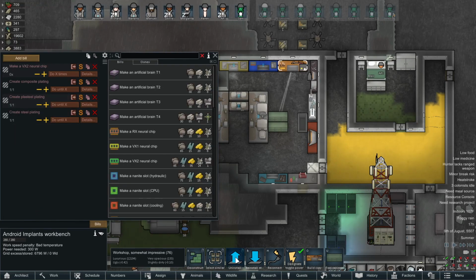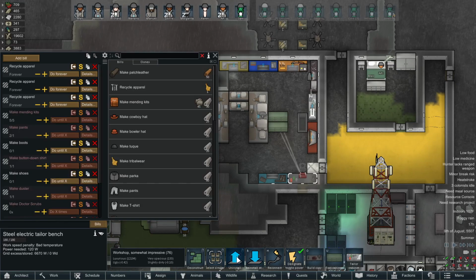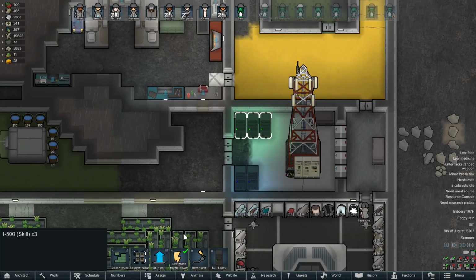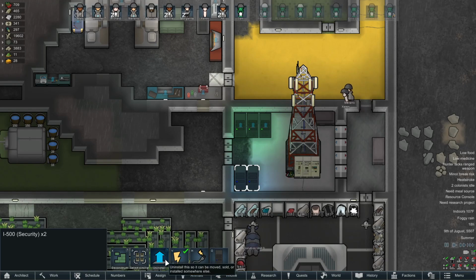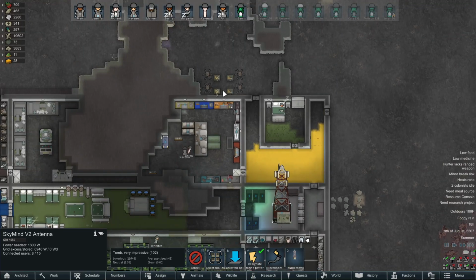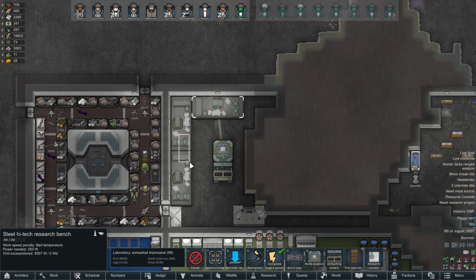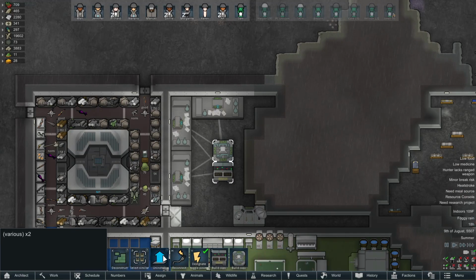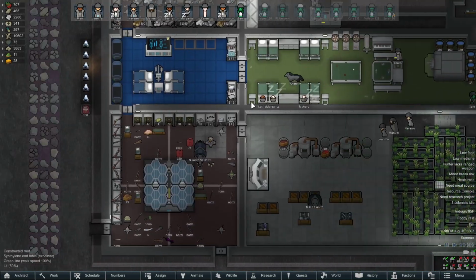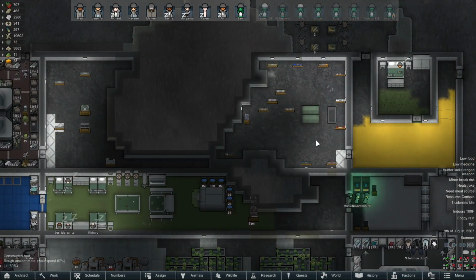Everything over here must go. The same thing will go with these servers. I mean, we don't have any androids over here. We may as well tear all of this down. Tear all of it down, get it ready to go. Same thing will go with these. We'll get these research benches uninstalled. We'll even get the comms console uninstalled. Alright. Once all of those are done...